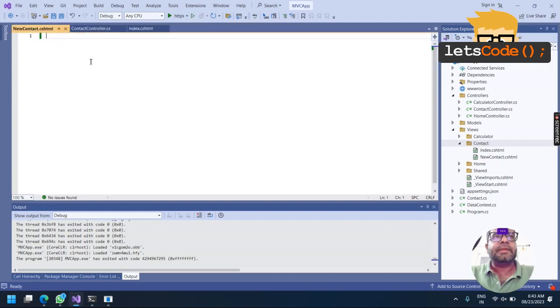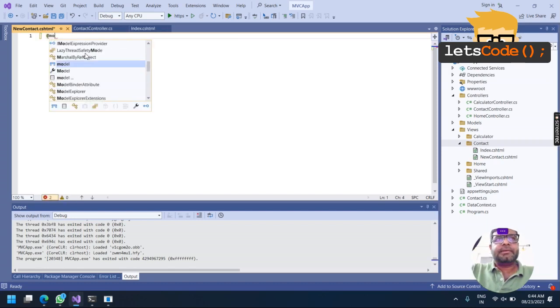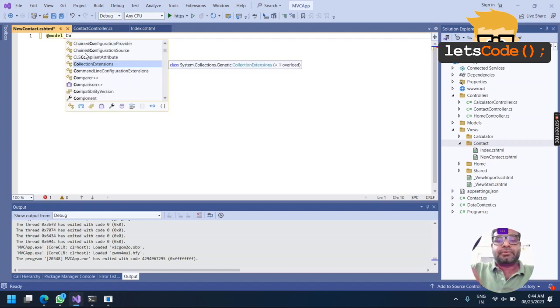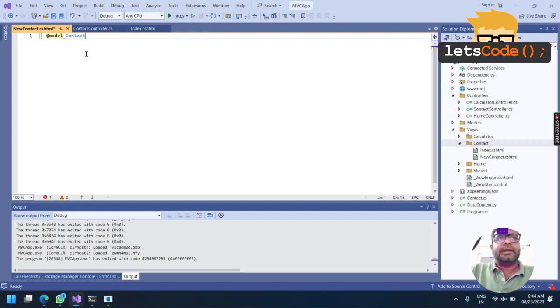Now in new contact, first of all, let me create the model directive, the view directive I should use, contact, and then a table, and in the table tr and td.